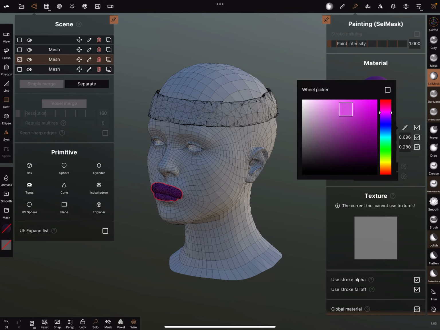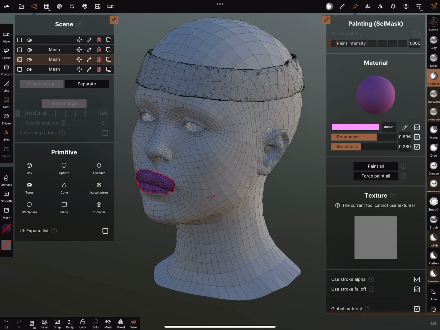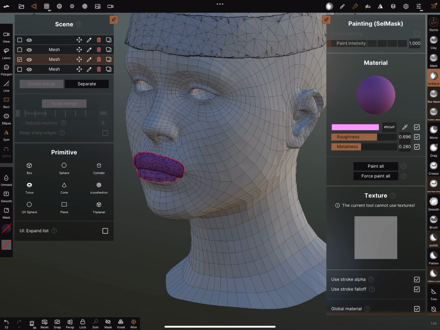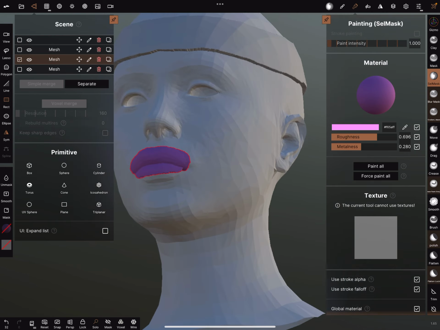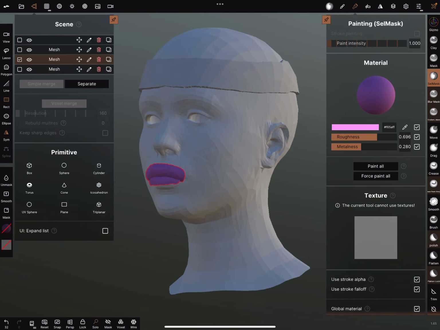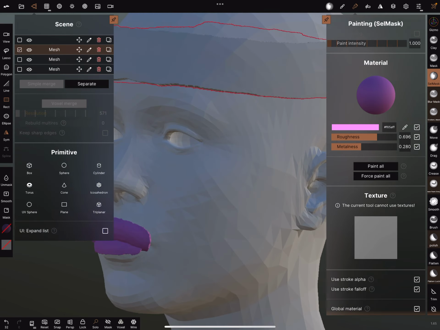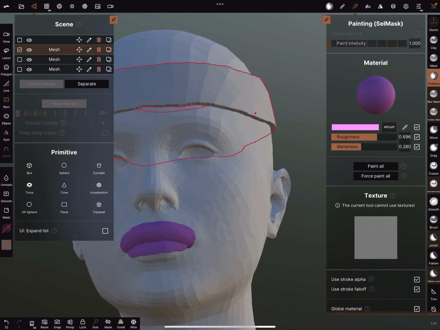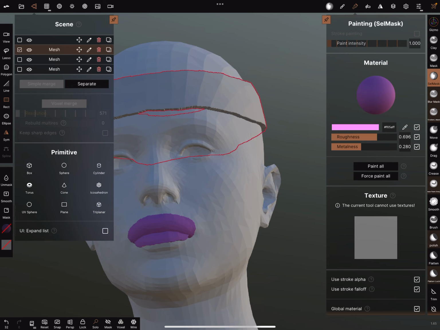The lips are crazy. Paint all. And when I hide them, the wire, it looks like this. Yes, you can also trim this and make it smoother and so on and so on.